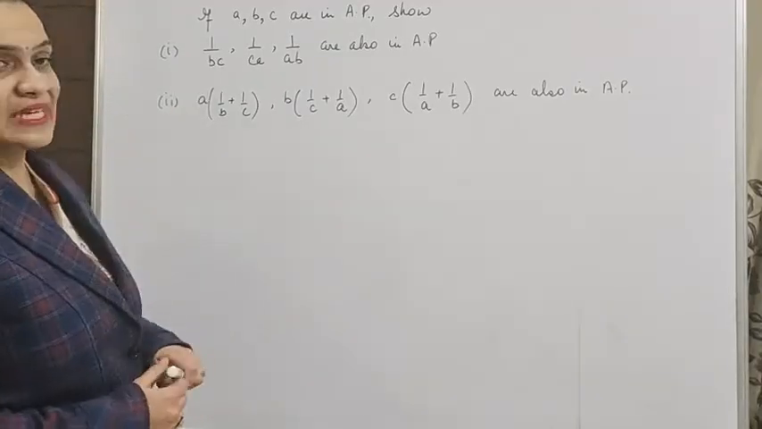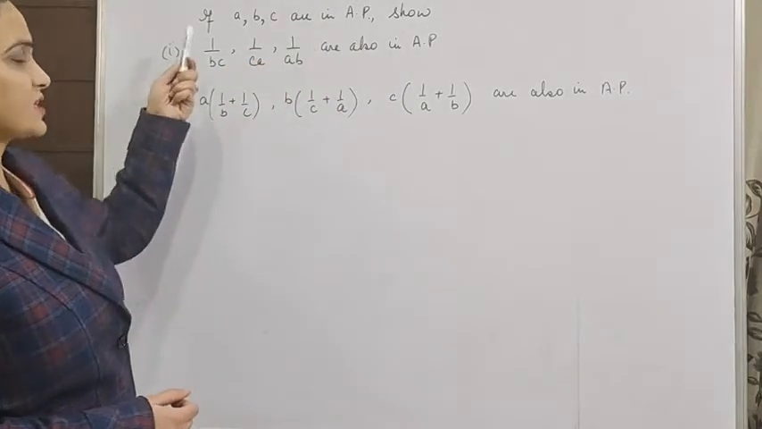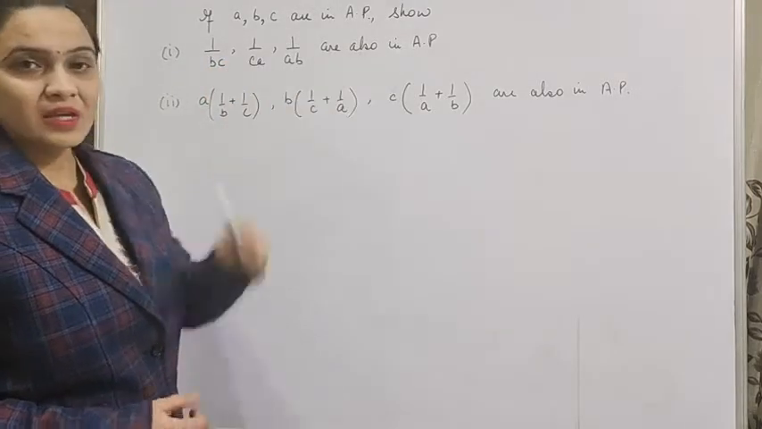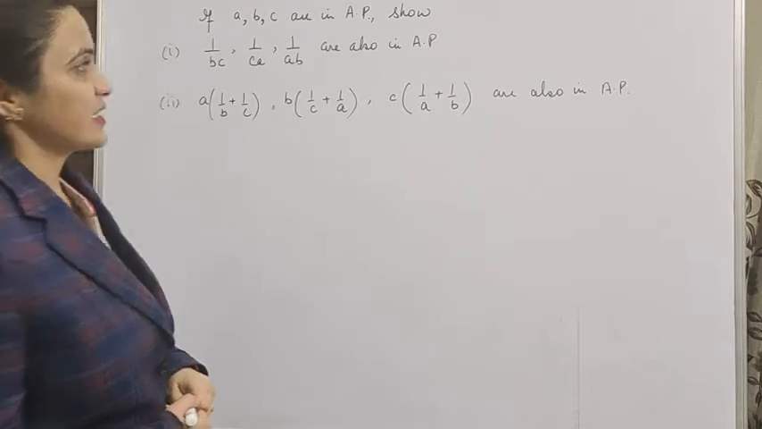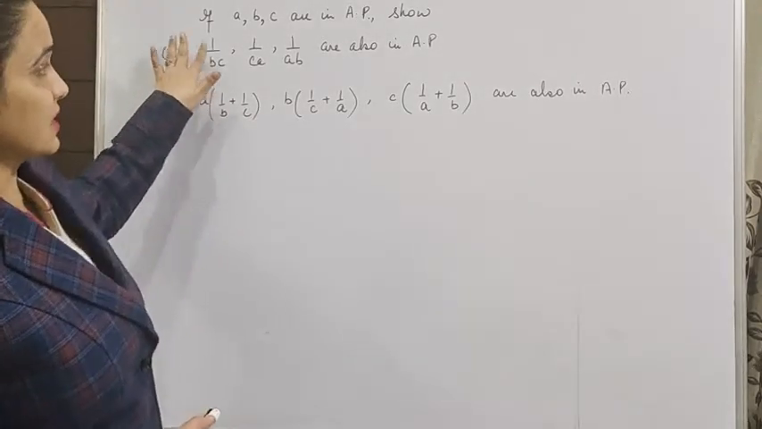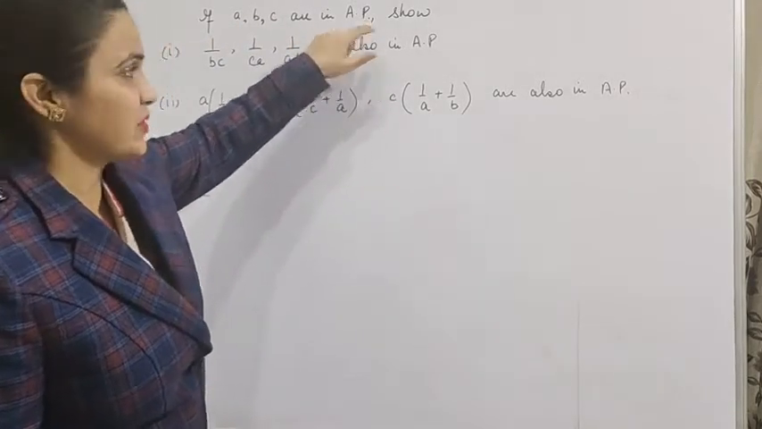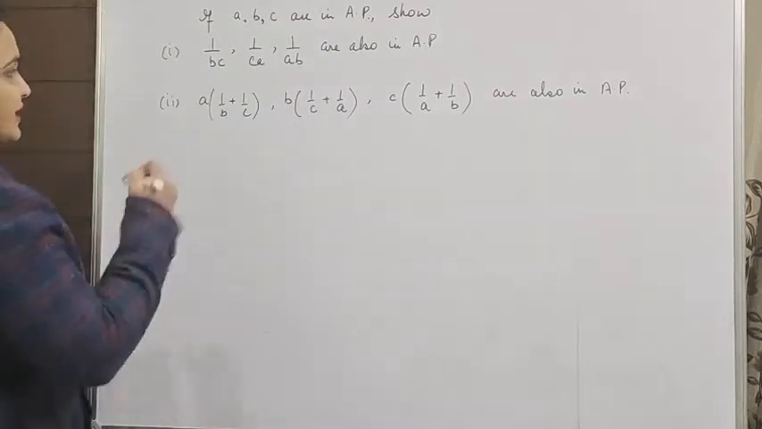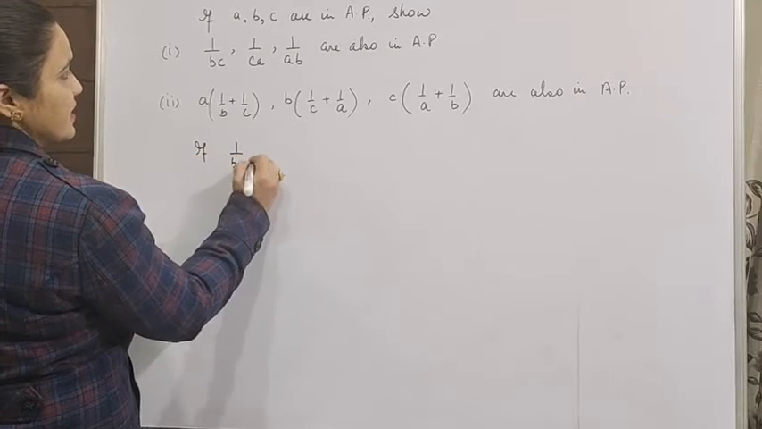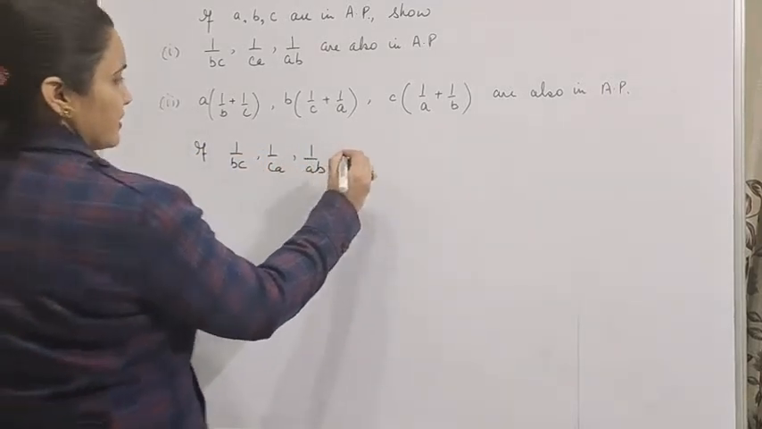Next question. If A, B, C are in AP, then show that 1/BC, 1/CA, 1/AB are also in AP. Students, हम इनको कैसे करेंगे? हम इसको लेंगे, let these are in AP and we will reach here when A, B, C are also in AP. So हम इसमें reverse करेंगे. So let if 1/BC, 1/CA, 1/AB is in AP,